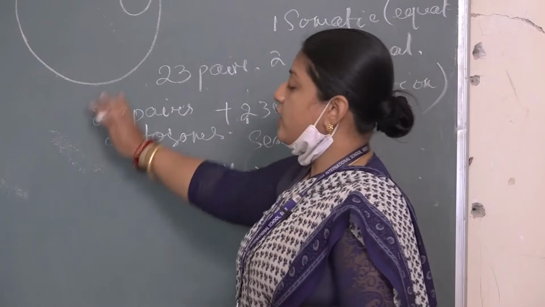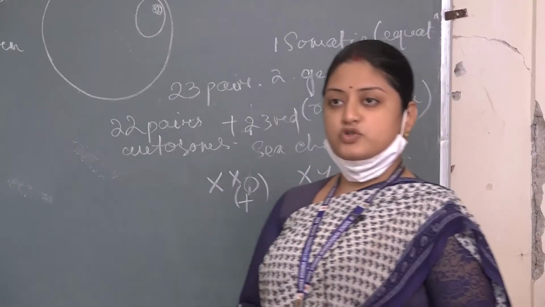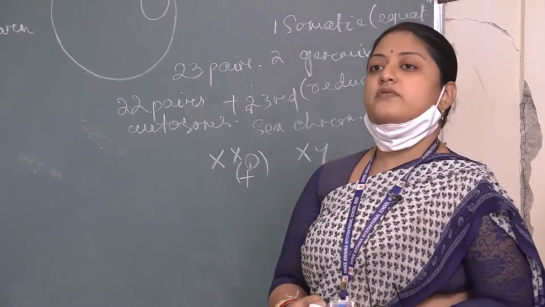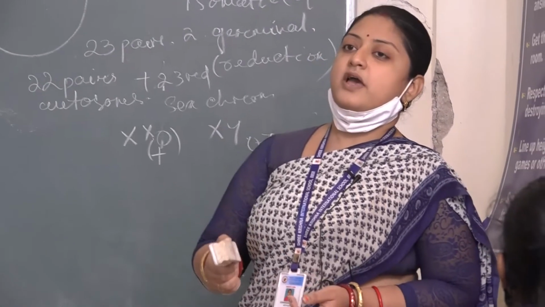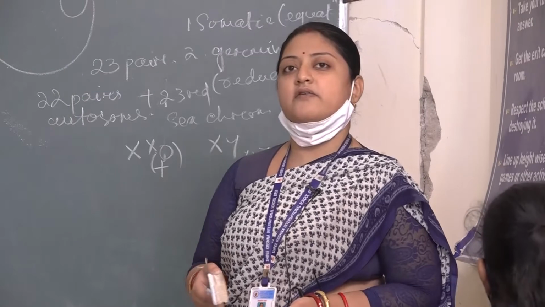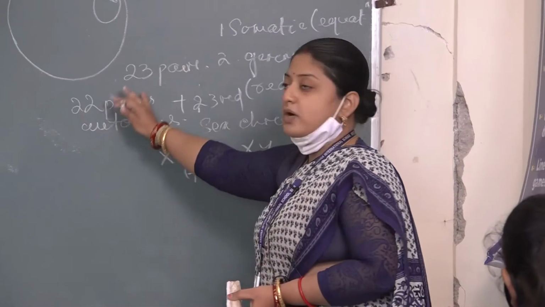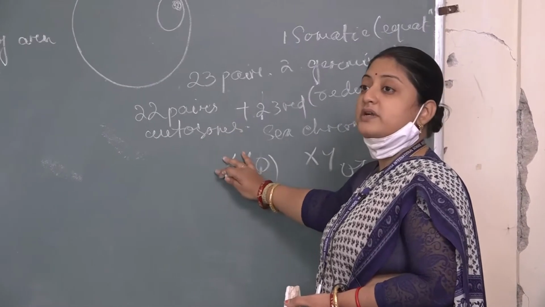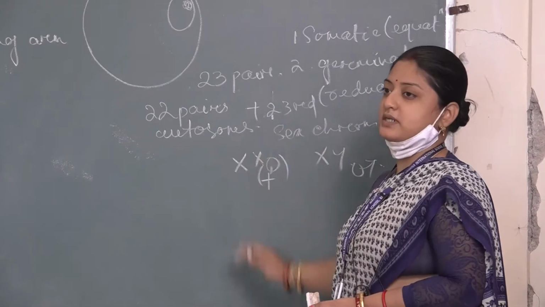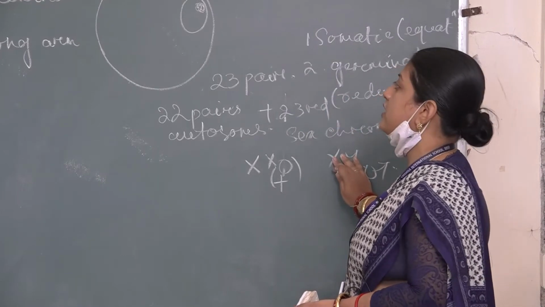So this is about the structure of chromosome. In case of onion, the chromosome number is 16. Out of that 16, the haploid 8 chromosomes are from the male parent, and another 8 are from the female parent. So this is all about the types of chromosomes present in a cell. One is the somatic chromosome, another one is the germinal chromosome.